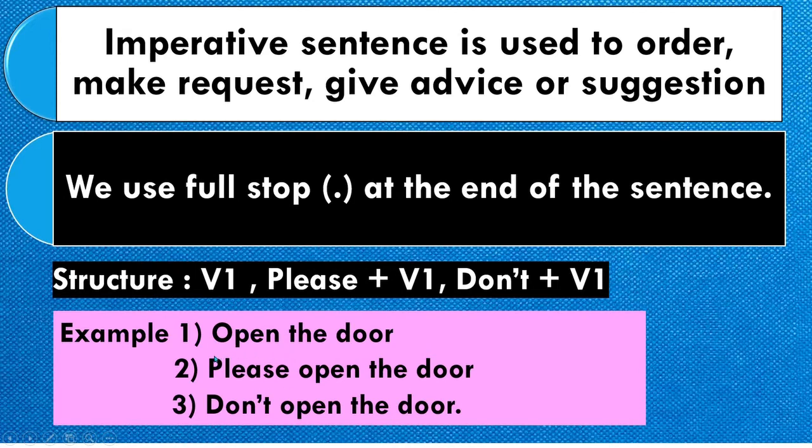So if we don't want to use please, then also we can just write the imperative sentence without please also. But when we want to make request, we will use this word before V1. And when we want to give the negative command, we will add don't before that V1. So here this V1 is used in the beginning, so it shows that it is used to order something or it is used to make request something. So whatever this verb means, that order or request we are making to the other person. All right,